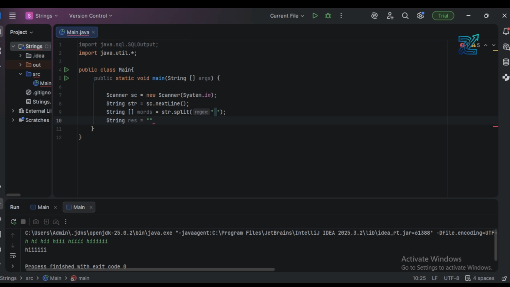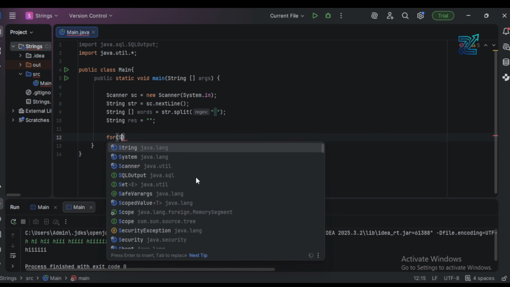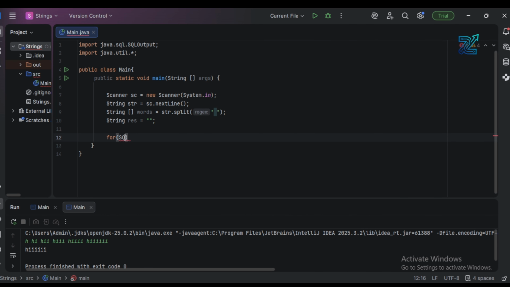So after that, for string w in words. Okay, for w in words,